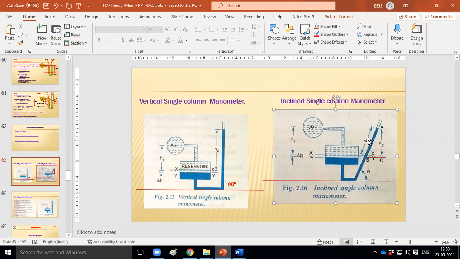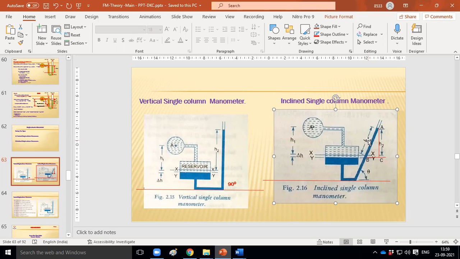If you know L and the theta value, for example, we can consider theta as 60 and L as 10. Theta as 60, L as 10. So can you find out H2? Yes, sir. How? Sin theta is equal to H2 upon L. Sin theta is opposite side upon hypotenuse, means H2 upon L.